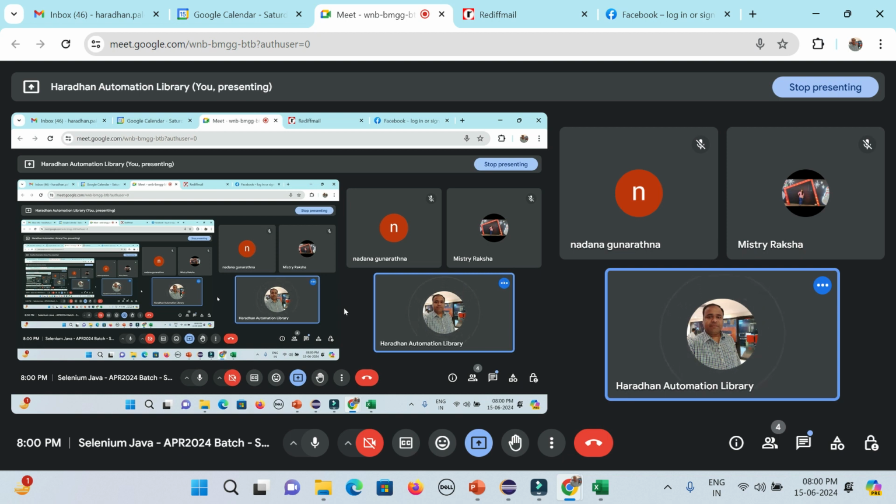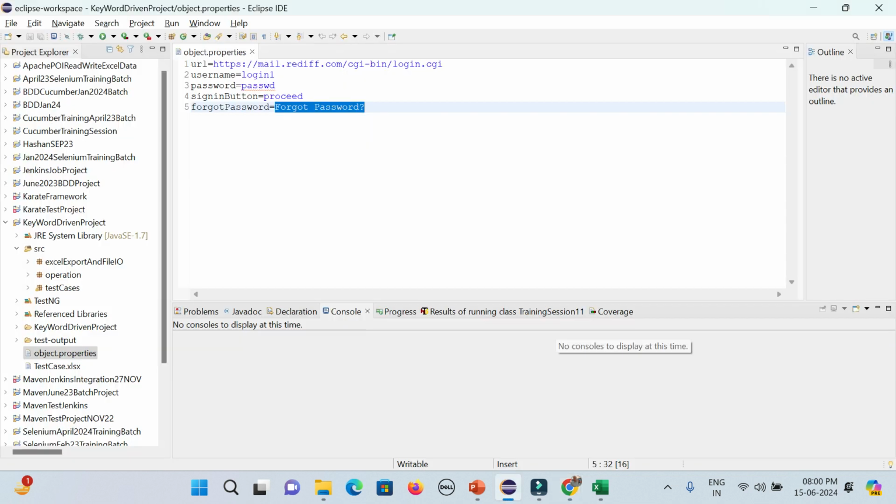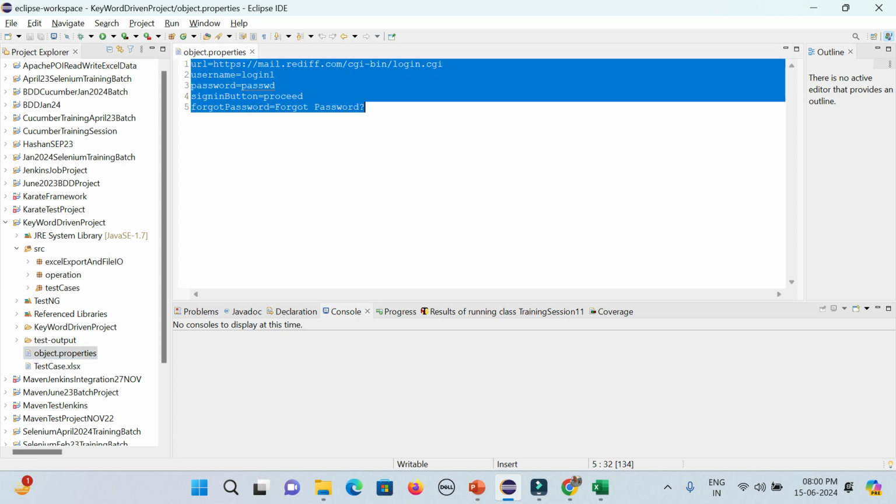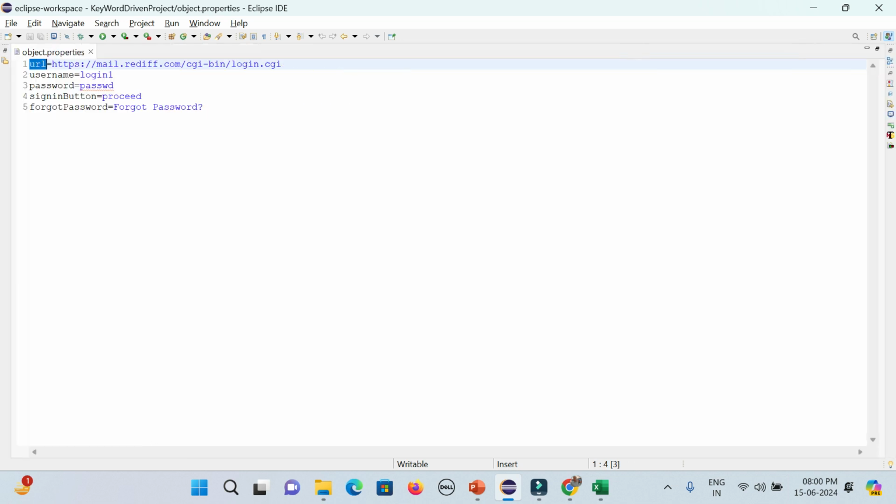Okay. Then the next thing is that I want to read that object properties file, right? Whatever I have written here. So how can I read it? This is a key value pair combination. This is called the key and this is called the value. So I want to read it. So what I did,